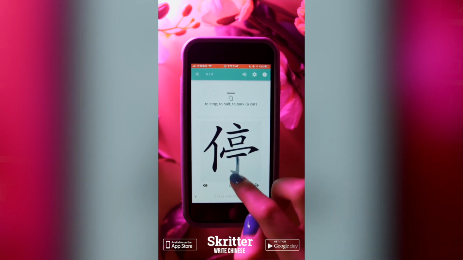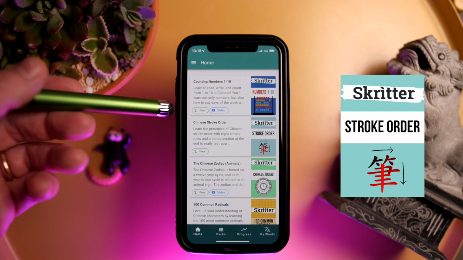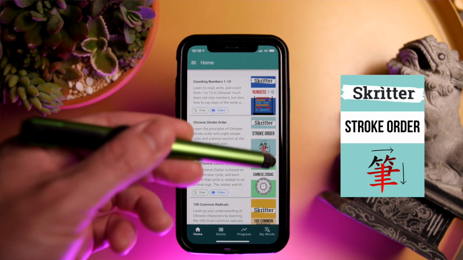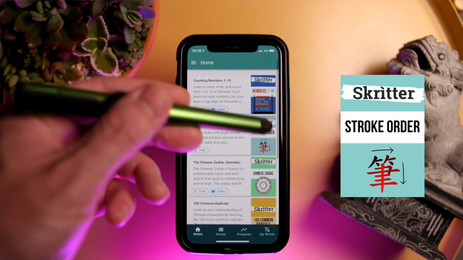So if you're interested in characters, you're interested in writing characters and words, then I think it's really important that you start with understanding stroke order and getting this to be something that you're really confident with and that becomes kind of second nature. You don't have to think about it. You look at a character, you understand roughly what the stroke order is, which is great for, say, looking up characters on Pleco, or reading handwriting, or just encountering characters in the wild.